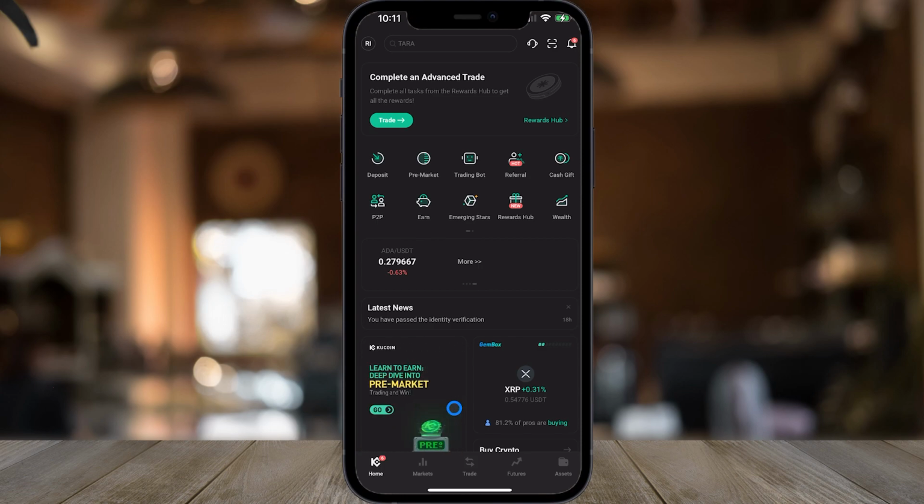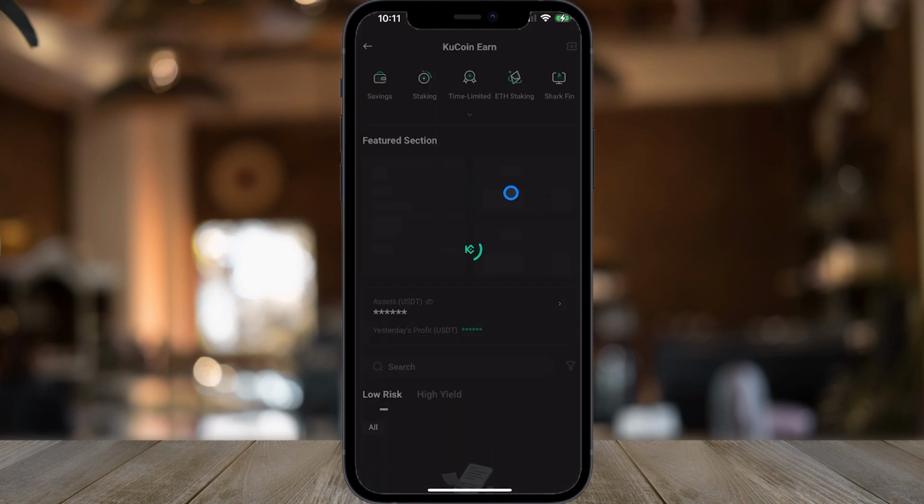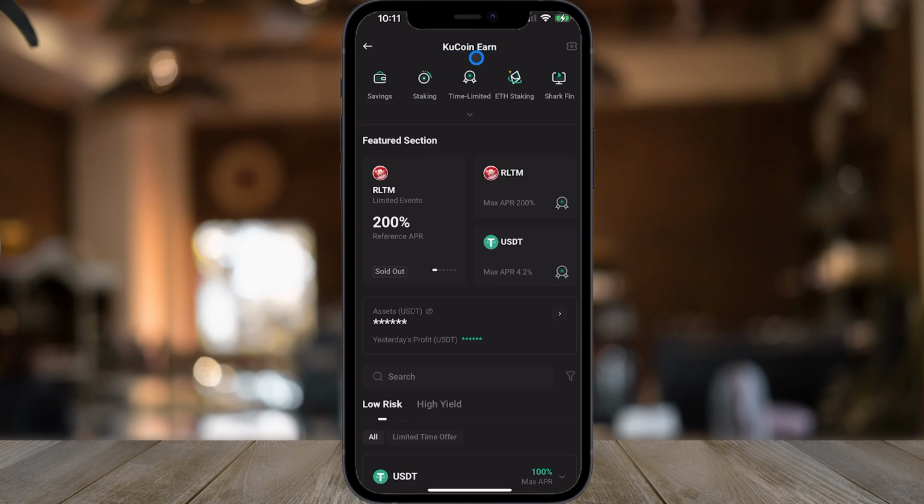The way that we do this is just by going back over to the main page of KuCoin, the home page right here. And then from this menu, you can see an option that says earn, and it's a little piggy bank with a coin going into it. So just click on earn right here. And this is going to take you over to the KuCoin earn section where we can go ahead and stake